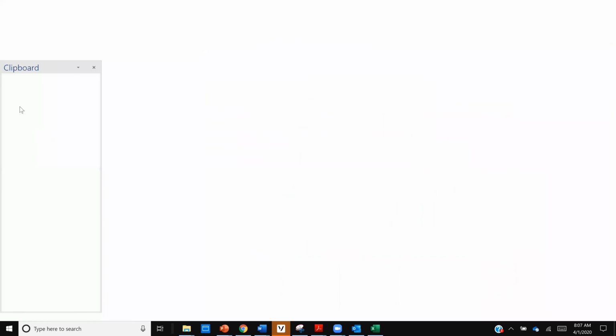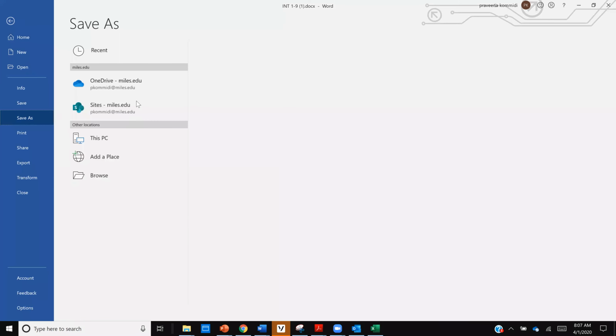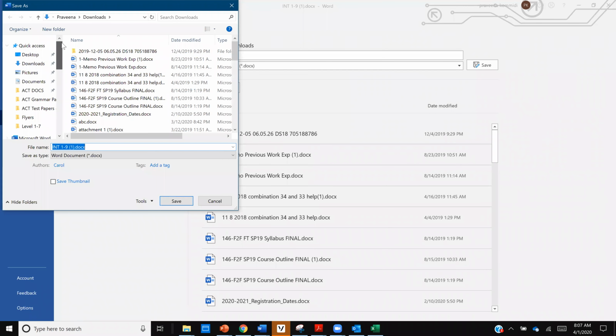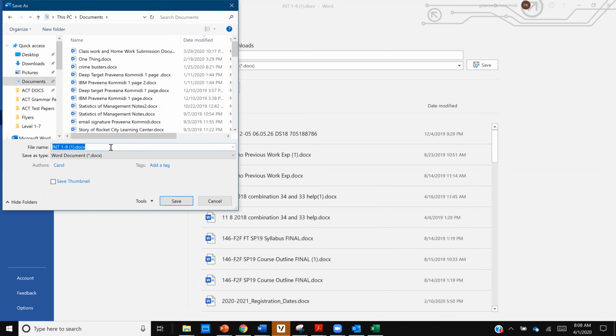Okay, so first things first, I will save both of them. So File, Save As, My Documents. Okay, Integration Module 1, Independent Challenge 1,